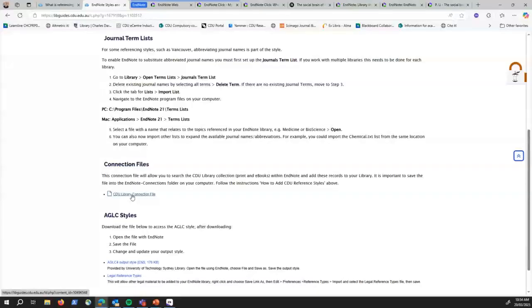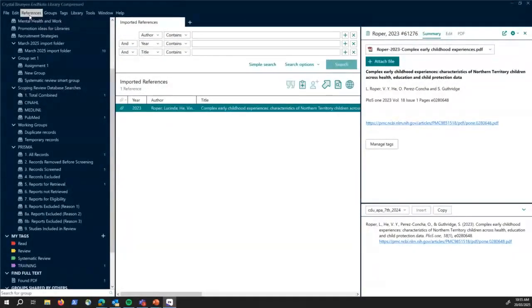I recommend trying, repeating it. And then if you have issues, get back in touch with us. Because then we can help you troubleshoot from there. Yeah. So just in brief terms, how should it be working? Once the connection file is in place, should I be able to then search the CDU library from within EndNote? Yes. So then if you go to